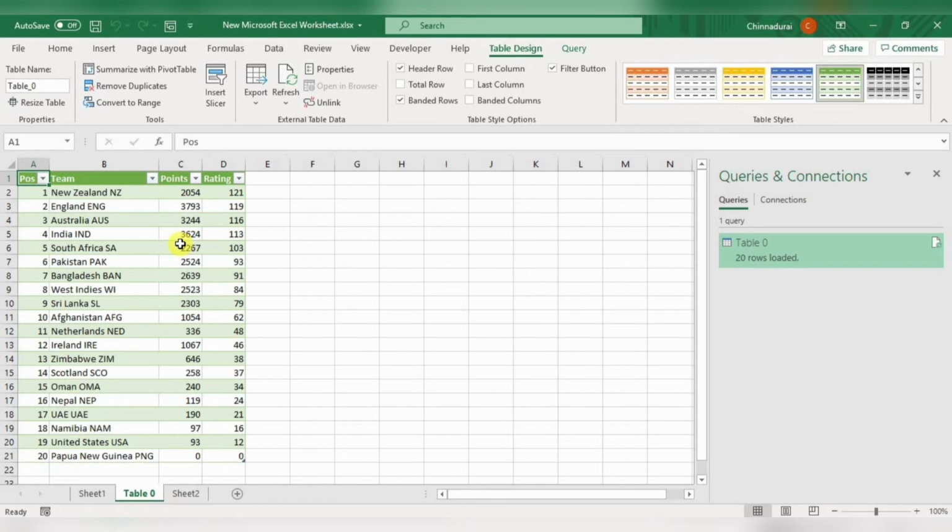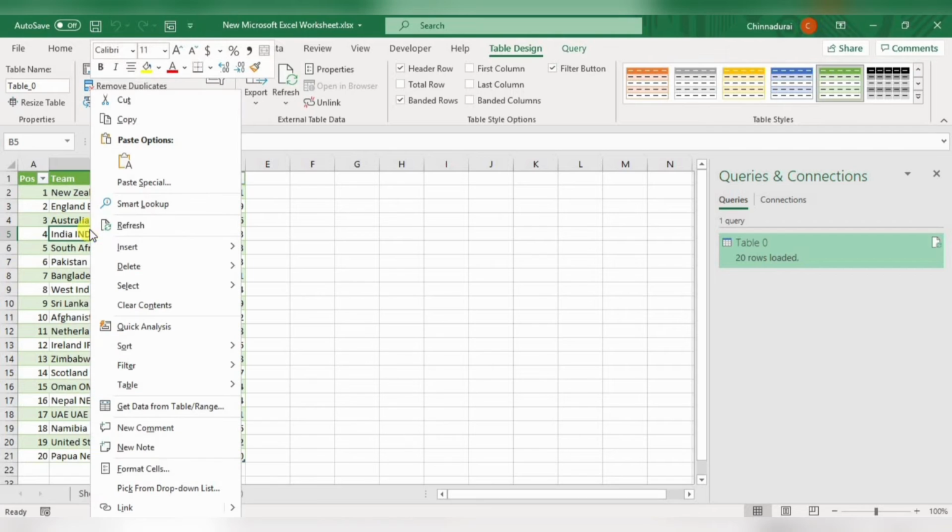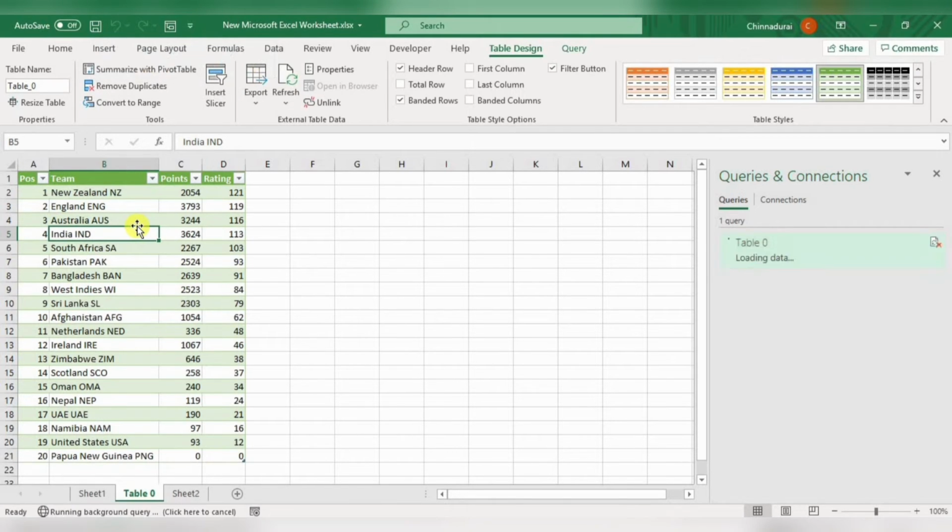Here the greatest advantage is, next time you don't have to go to the browser to check the result. Just right click, and whenever you are using the Excel sheet, just click refresh. During that time, whatever the live result in the browser, that result will appear here.